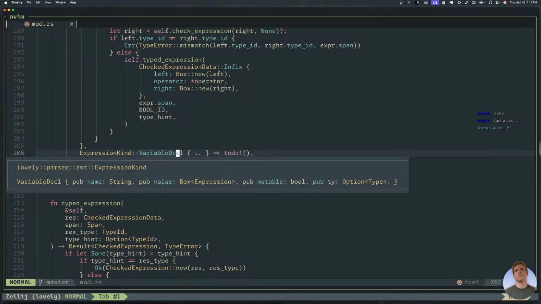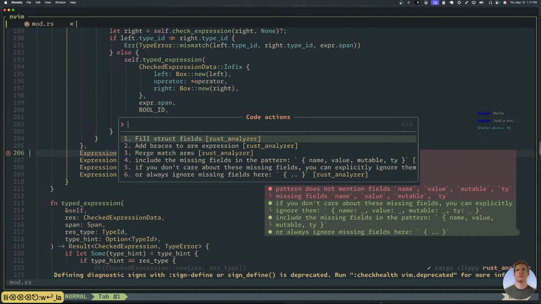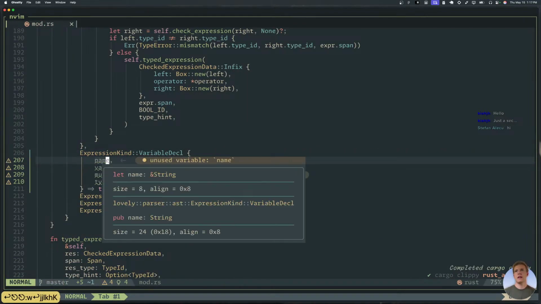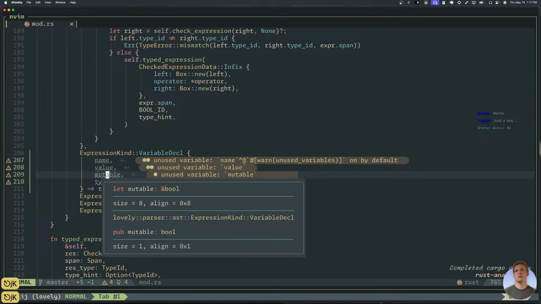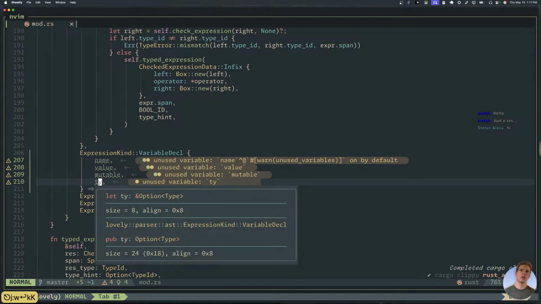Variable decl. What's in a variable decl? A name, a value, whether or not it's mutable, and an optional type. Gotcha.